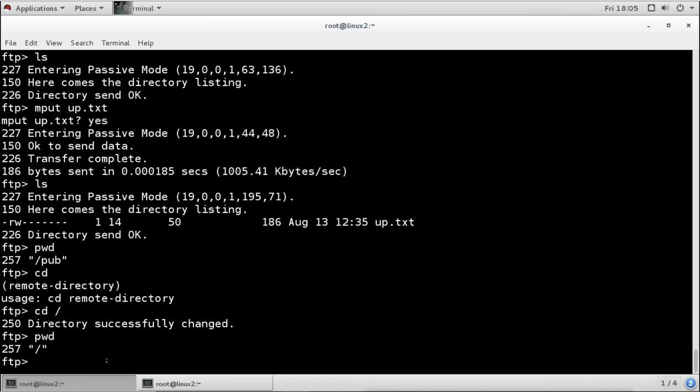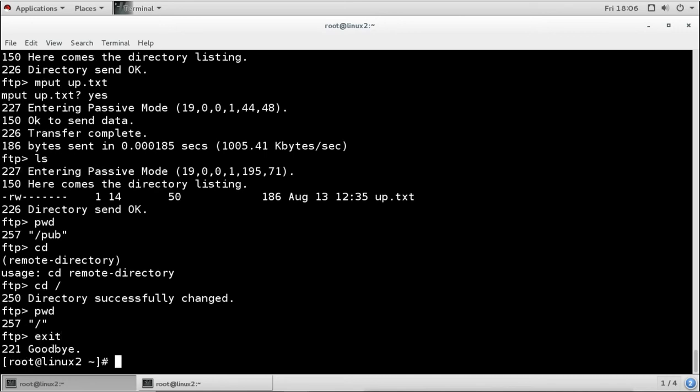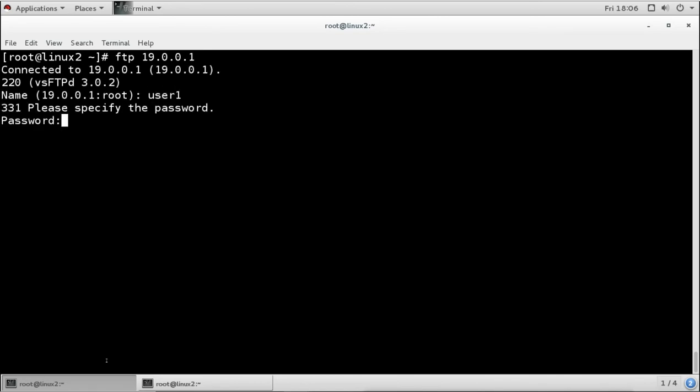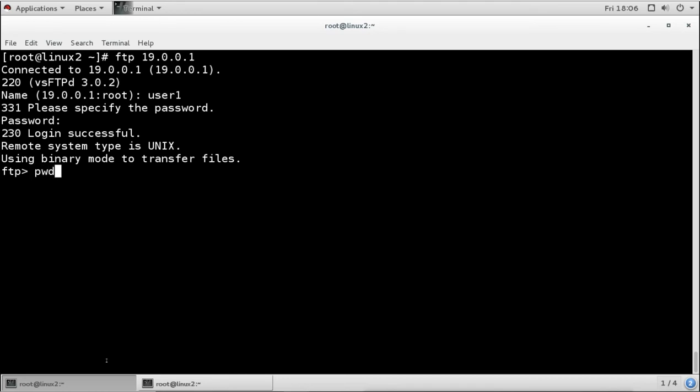But when you log in as a client, let me show you. When you log in as a normal client and use pwd, it shows that you are under the user's home directory. That is this user's own home directory. Now that means this user is not in the jail environment, not in a chroot environment.